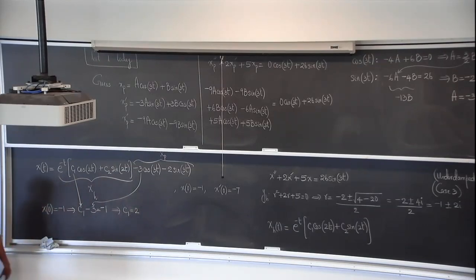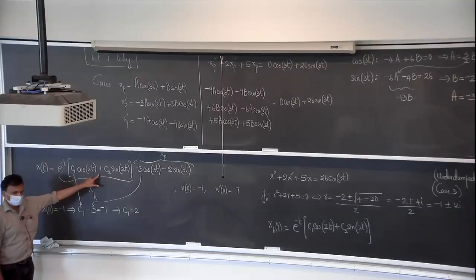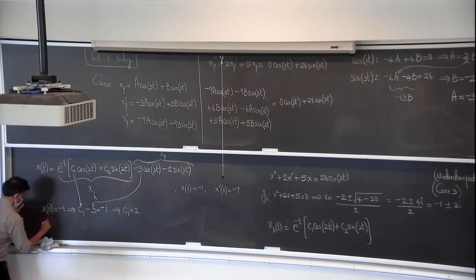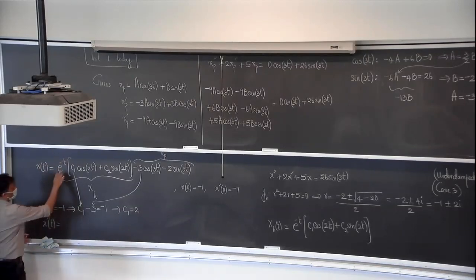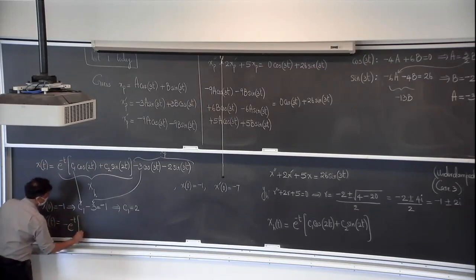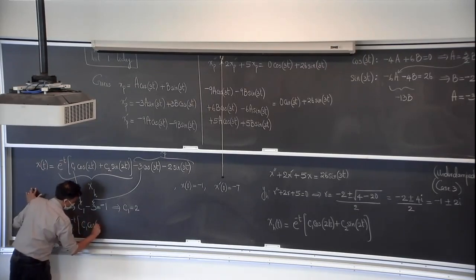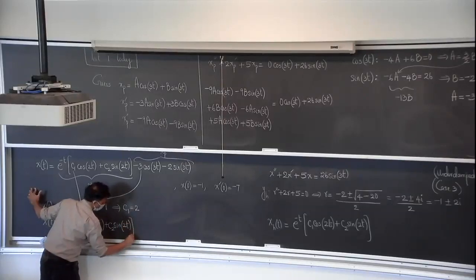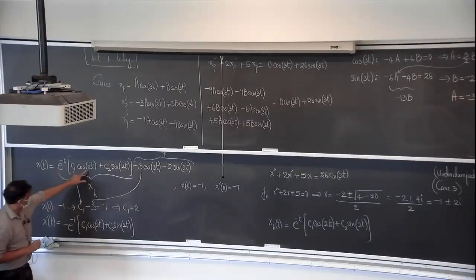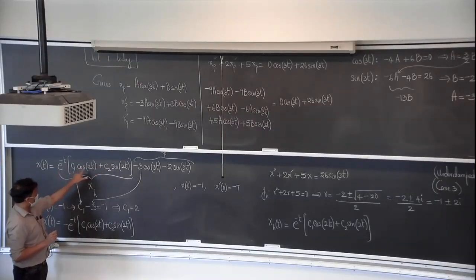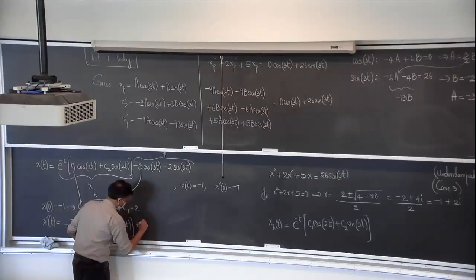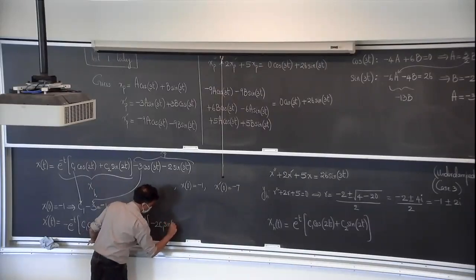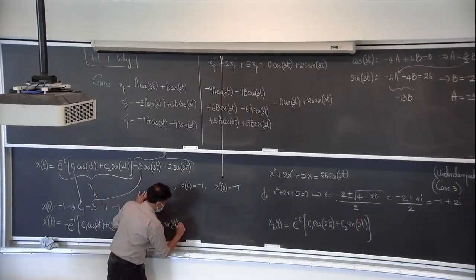That's the easy one. Okay. The hard one is the one with the derivative because you have to do product rule here. Okay. In case the problem was not long enough, you've got some more work to do. x prime of t is negative e to the power of -t times C1 cosine 2t plus C2 sine of 2t. That's the derivative of this times this, plus the second term, so this times the derivative of the second term, that's going to be plus e to the -t times -2 C1 sine of 2t plus 2 C2